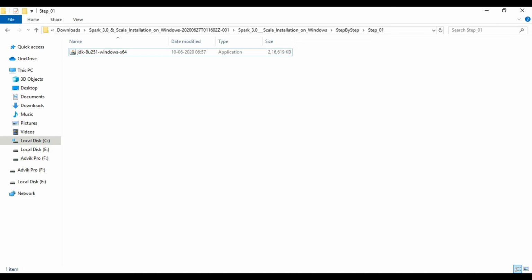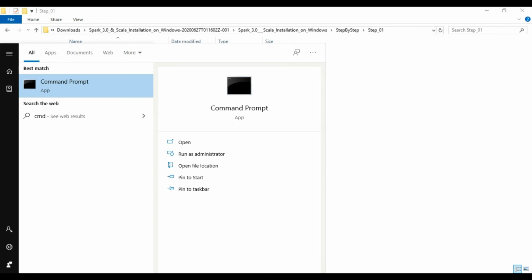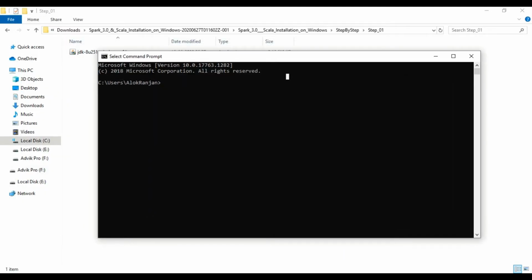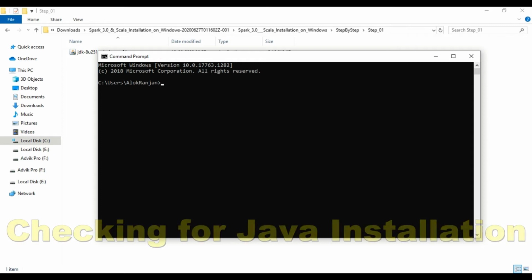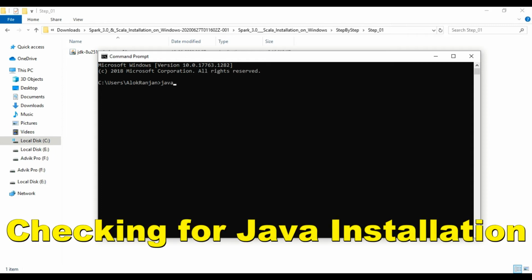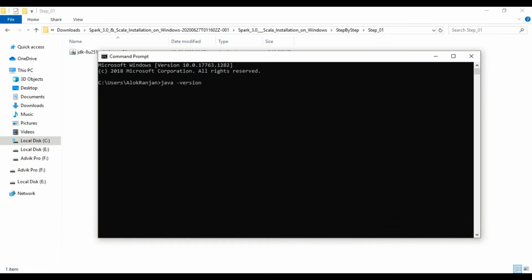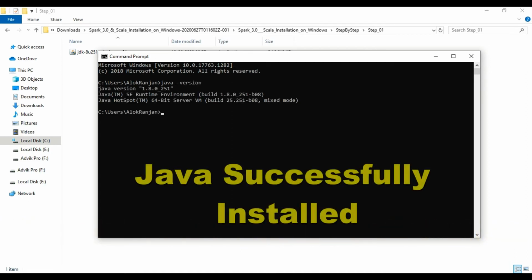Now we will open the command prompt. And again write java version and hit the enter. Now you can see Java is installed successfully.